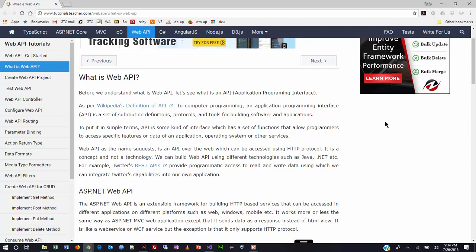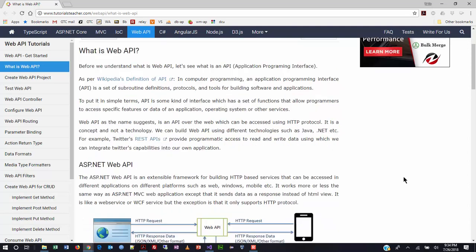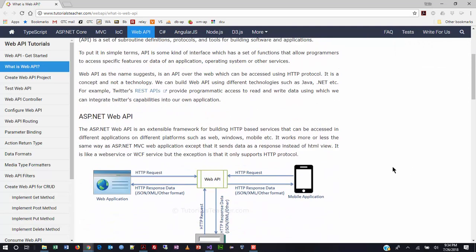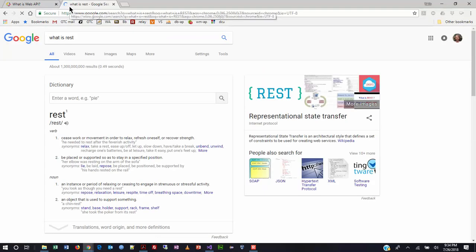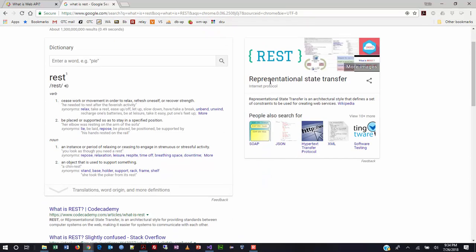And they do a really nice little thing here. They describe a couple of different things, so I don't want to miss anything here. But what they're indicating here is that not only does it work over the HTTP protocol, but it also follows this architecture called REST, or creating a RESTful application. So the question then becomes, okay, what is REST, right? Well, it stands for